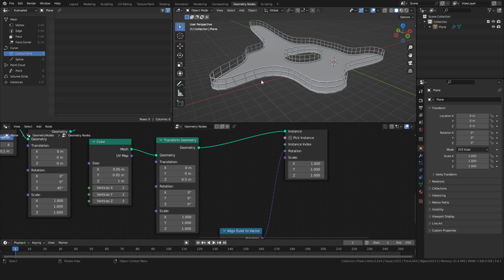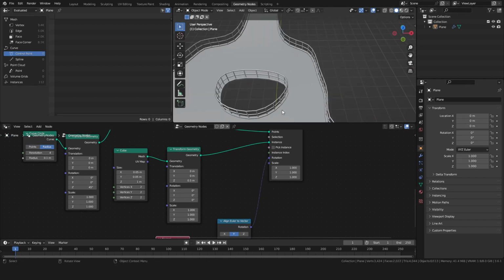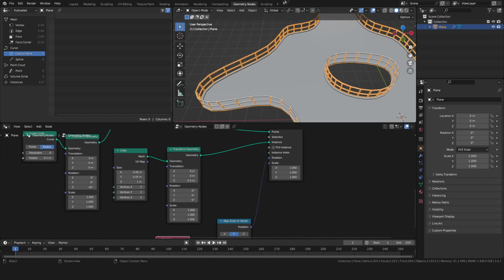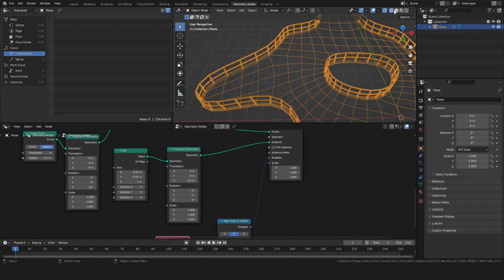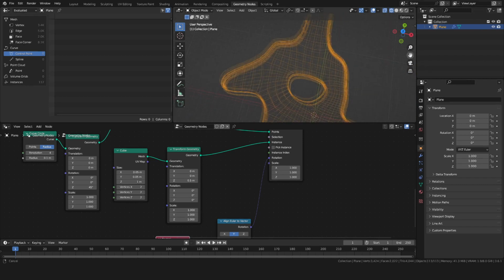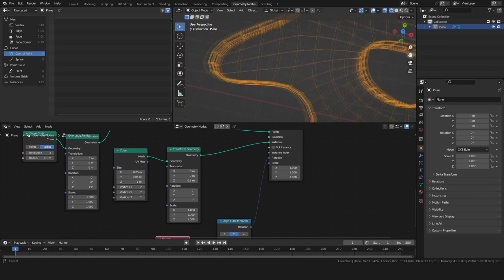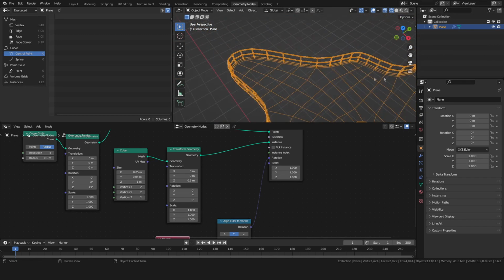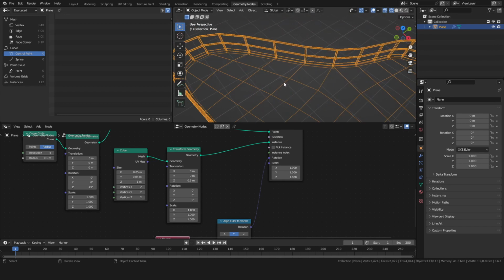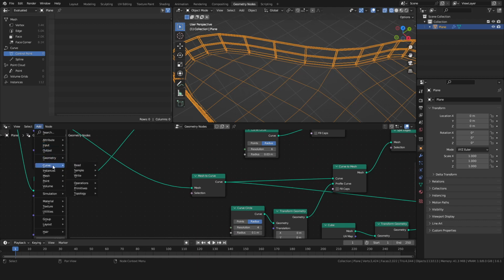What I want to work on right now is spacing these posts out a little better and a little more evenly. Because the thing is, the post spacing right now depends on how dense the mesh is. So if we go back into this wireframe mode, you can see that right here it is really dense, so the posts are really dense together, and right here it's not nearly as dense, so the posts are quite a bit far away. And we can even that spacing out by resampling the curve that we have. So I'm going to add a resample curve node,